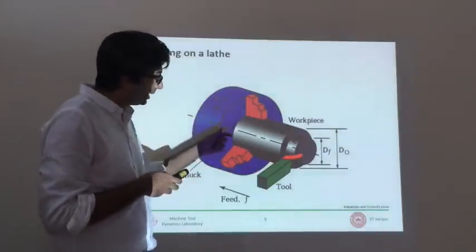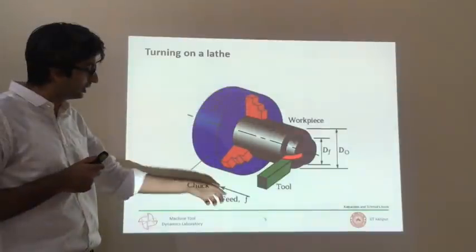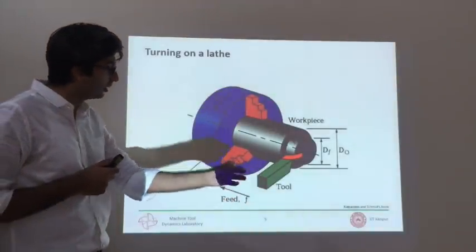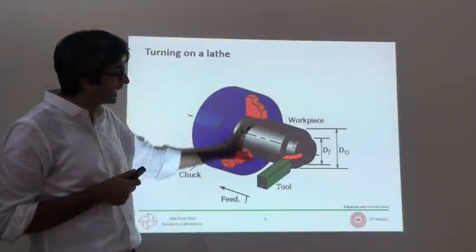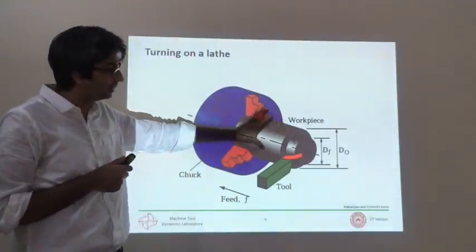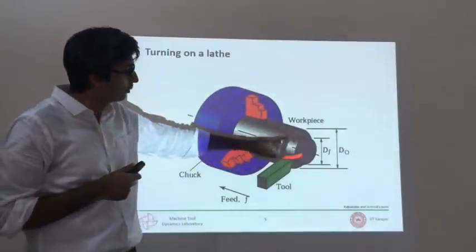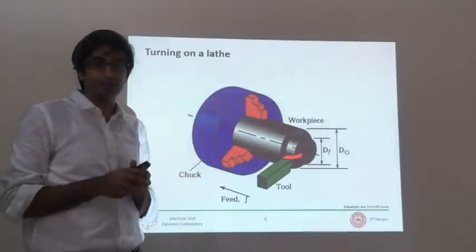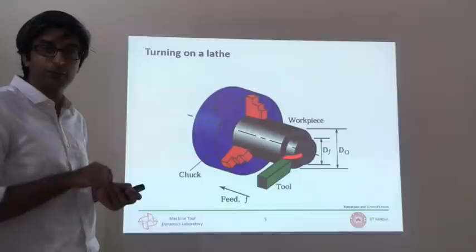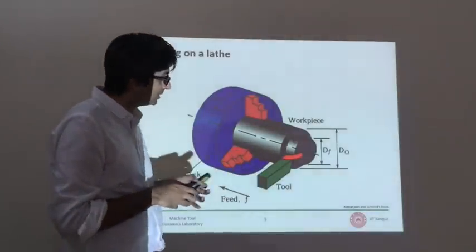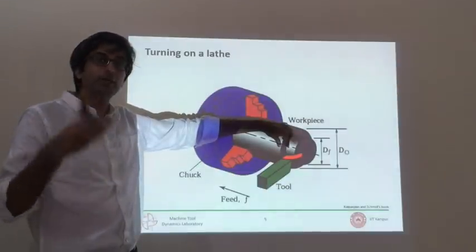And this is rotating, and the tool is being given relative motion to that rotation of the workpiece. So you can see the tool is being fed along the axis of the workpiece. And by doing that, you're reducing its diameter from some diameter d0 to a final diameter df, which is the finished diameter. And this small d is essentially the depth of cut. So that is how much material you removed in per pass. So in one pass of this tool moving over the workpiece, you reduce the diameter of that workpiece by so much. This is under your control.